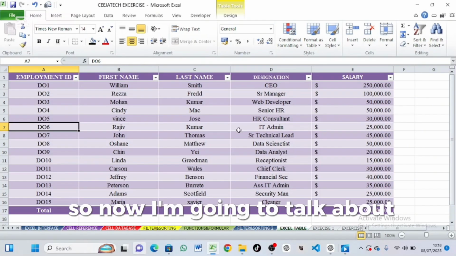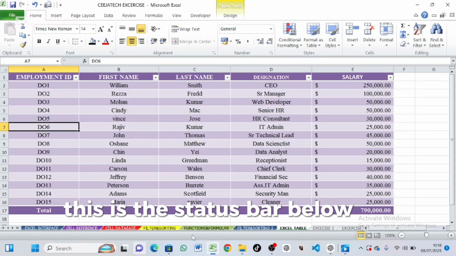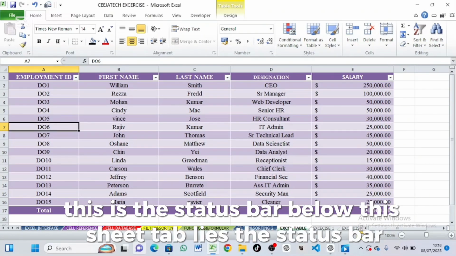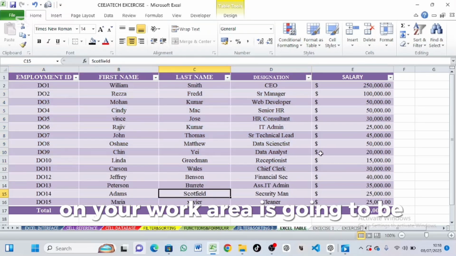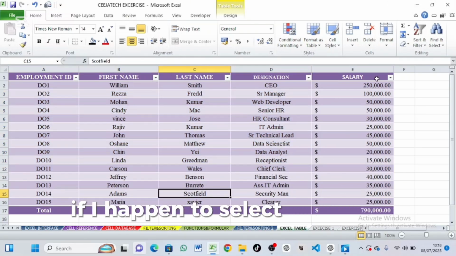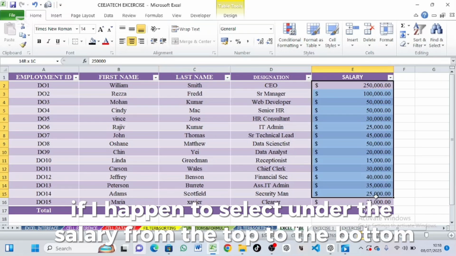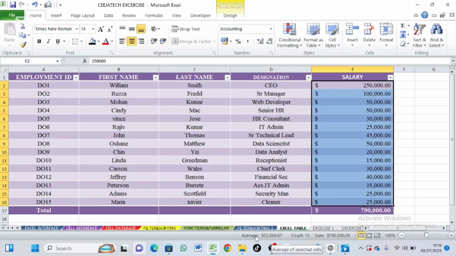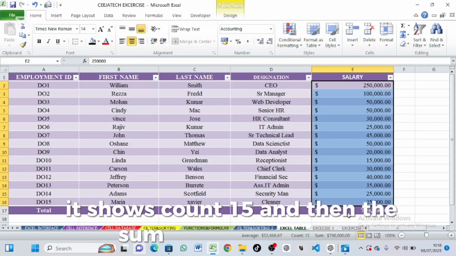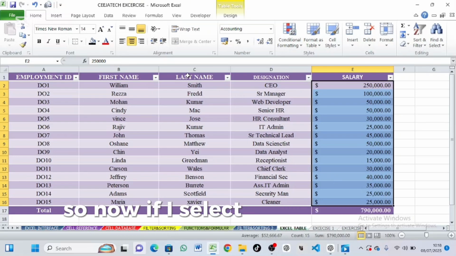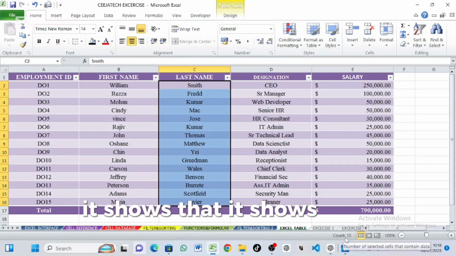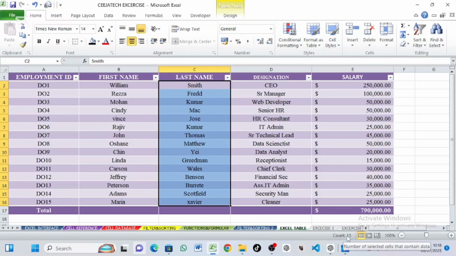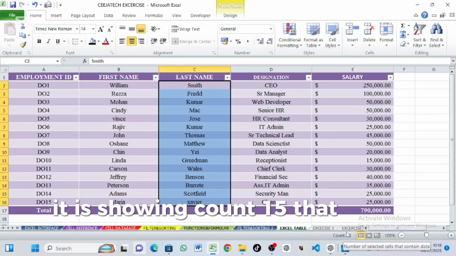Let me talk about the status bar. This is the status bar. Below this sheet tab lies the status bar. Whatever it is you're doing on your spreadsheet, on your work area, is going to be seen. So now if I select under the salary from the top to the bottom, it will be seen below here. The average shows the amount, it shows count 15, and then the sum, which is this one. So now if I select here from these names downward, it shows that I selected 15. It is showing count 15, that 15